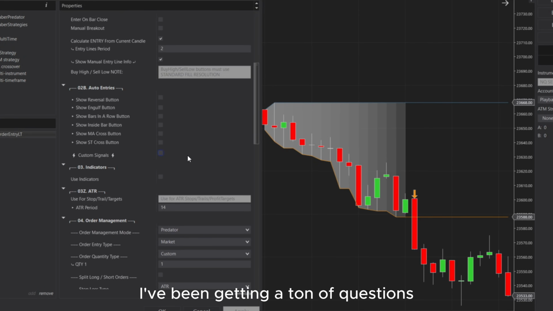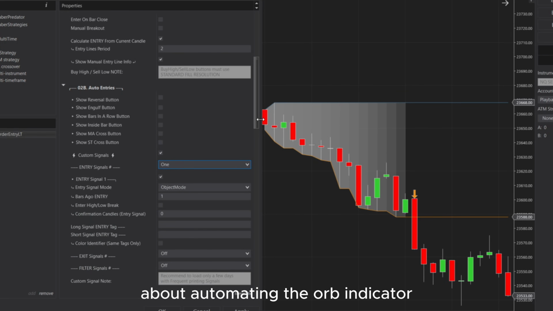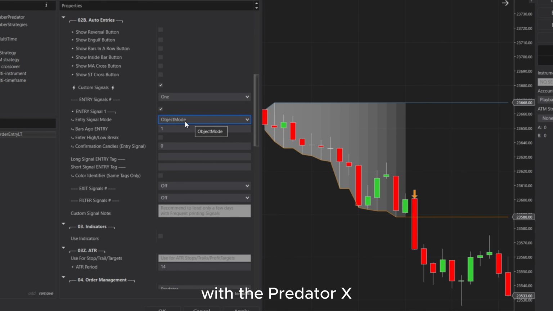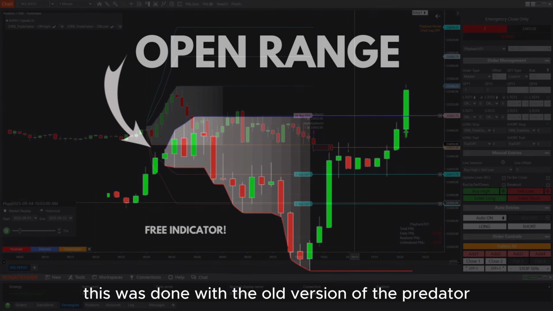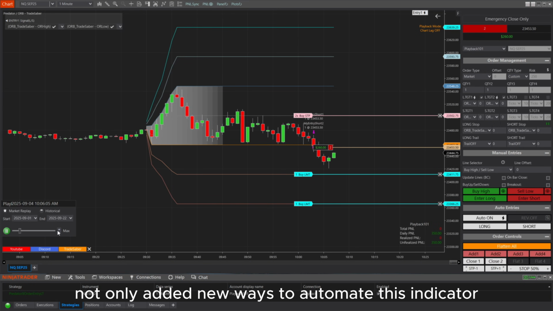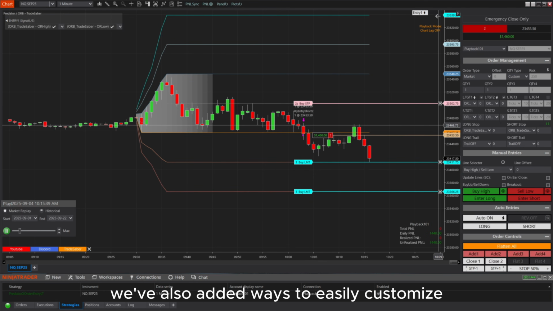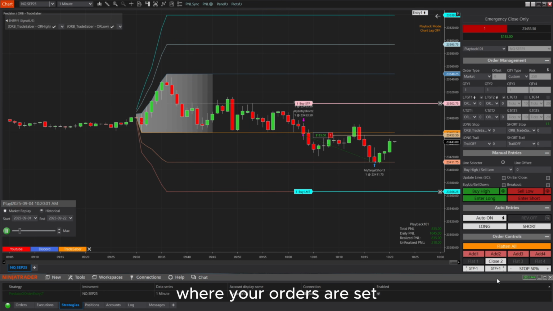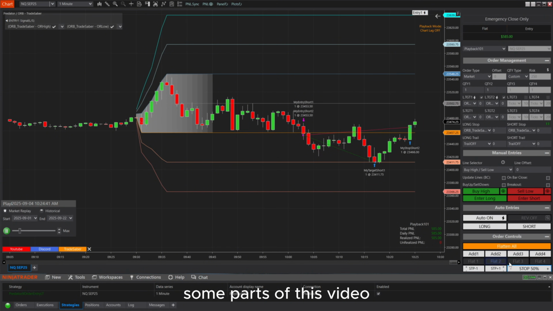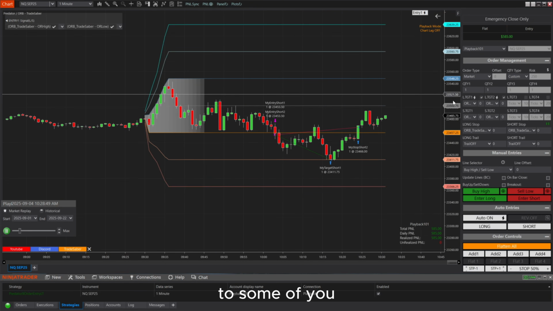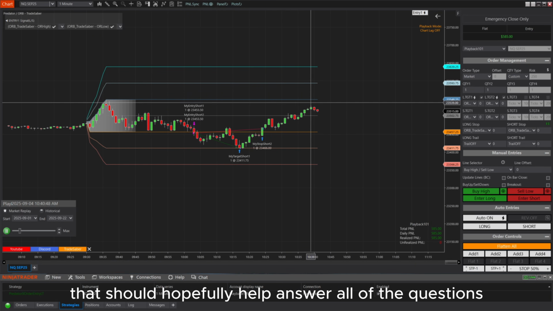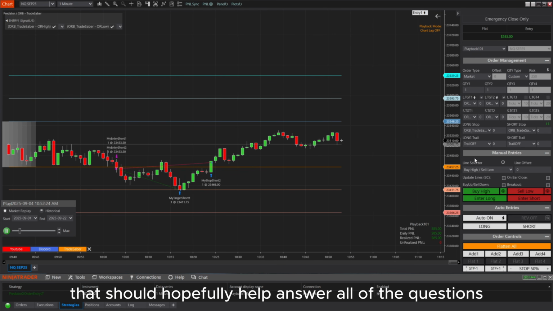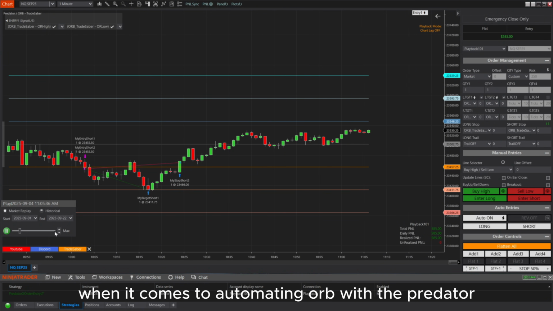I've been getting a ton of questions about automating the ORB indicator with the Predator X. The last video we did on this was done with the old version of the Predator, and since then we've not only added new ways to automate this indicator, we've also added ways to easily customize where your orders are set. Some parts of this video are going to be somewhat familiar to some of you, but I wanted to make an updated comprehensive guide that should hopefully help answer all of the questions when it comes to automating ORB